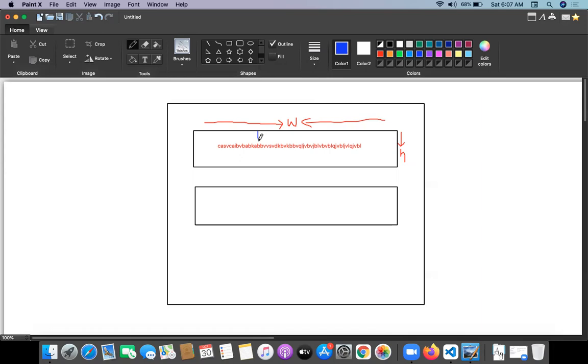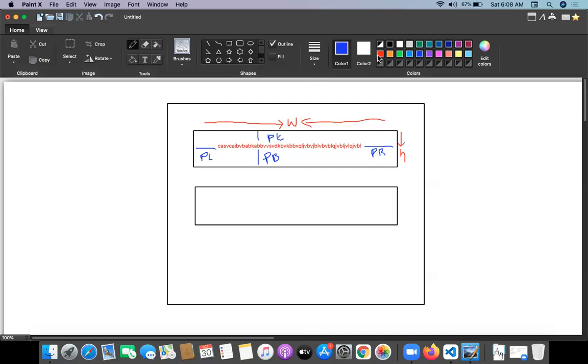This is the padding top, this is the padding right, this is the padding bottom, and this is the padding left. Padding is nothing but inner space.